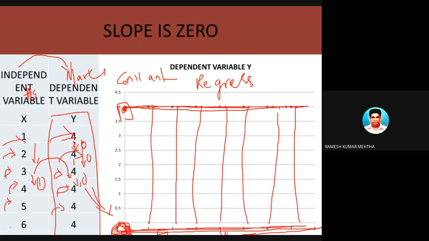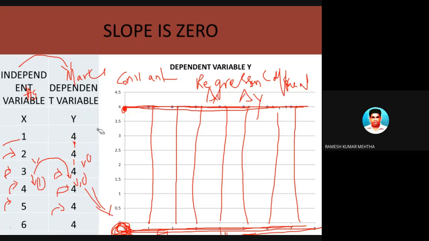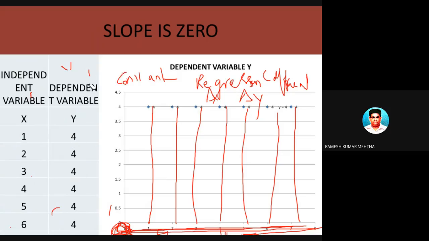Next is the regression coefficient of x. Now, what does it mean? It means any change in x, what is its influence on y? Does the number of hours studied have any impact on y? No, there is no impact in this case as far as the influence of x on y. So delta y by delta x means the change in y due to the change in x. For example, let's take this particular case, delta y by delta x.